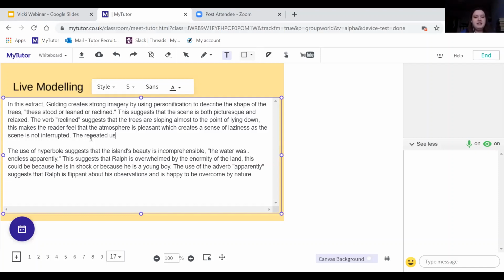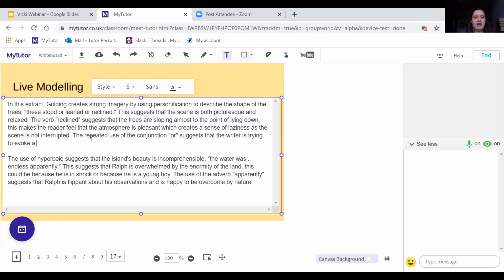So the repeated use of the conjunction, so I'm labelling again, or suggests that the writer, so I'm saying suggests, I'm not saying says, so I'm being tentative, that the writer is trying to evoke a casual tone, which in turn represents the serenity of the island. So I'm linking everything together and saying how that links to the mood, how it links to the scenery